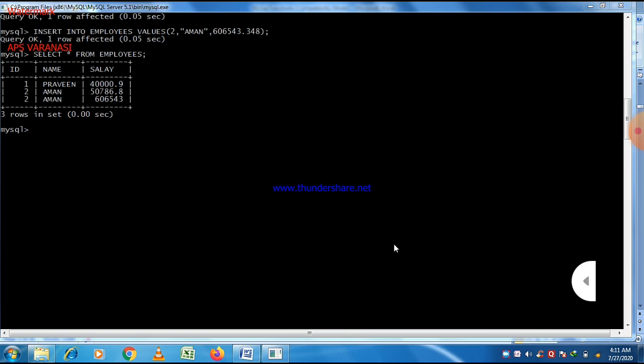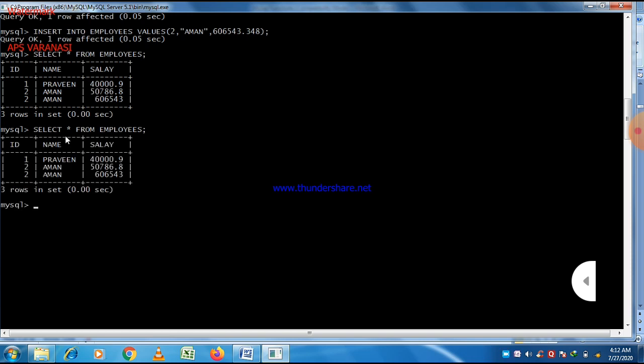Now let us take a table and perform these operations using a table. Here we create a table named employees with three columns: ID, name, and salary. So just write select star from employees. You can easily see the data contained within employees. Three records are here. Now the focus is on how to use these functions using a table, and the table is not a default table, it is a part of the database in which we created.